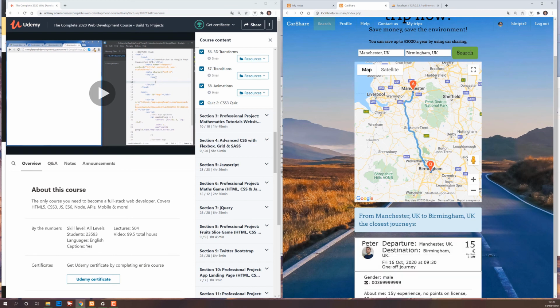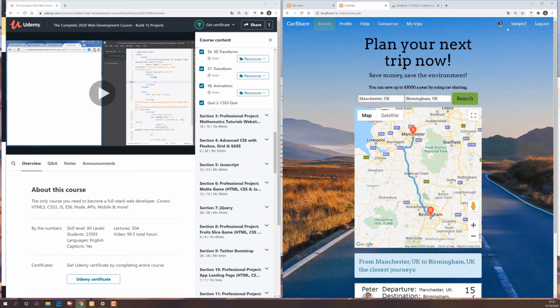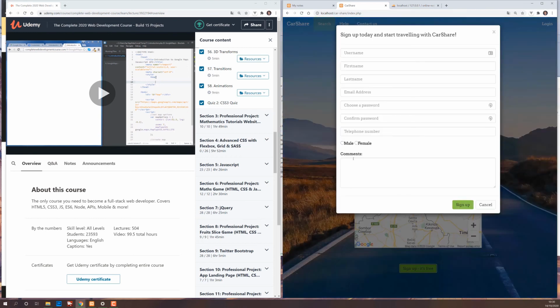I think you can click on the profile, and it's got a little bit of about me. It's got 15 years of experience, no points on license, no claims. And by the way, these things you can set here in your profile. Where's the profile? Sorry, the profile is here. I think you set this information when you sign up. I can't remember. Yeah, this is where you add comments. So yeah, this was the last and the most complex